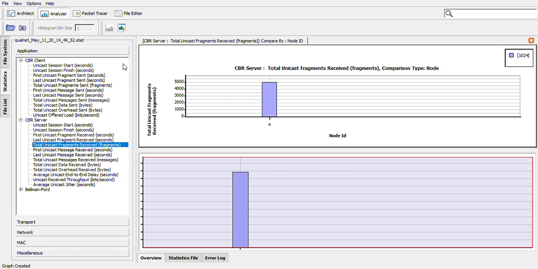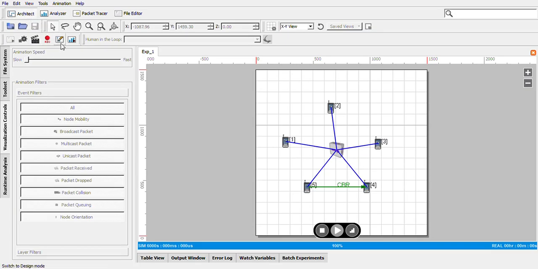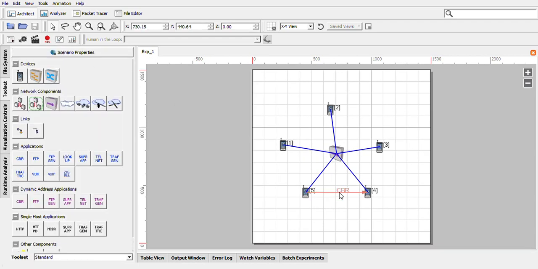And if you want to go back to the topology, as I said, click on this. If you want to edit again or make any changes, you have to click on this icon. Now it will be in editor mode like this. If you want to delete this, you can delete it. And if you want to run an application from, sorry, you should not select this. This star indicates a dynamic application. We will not deal with dynamic applications. Select and delete. Okay, go with the CBR, and I can run an application like here.